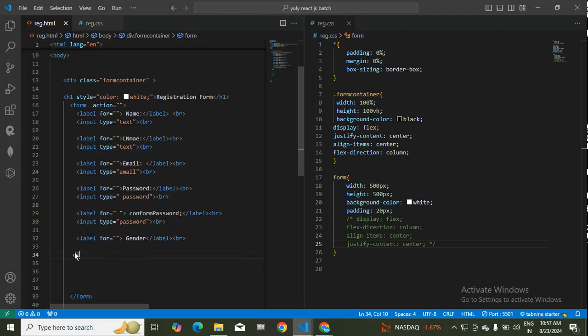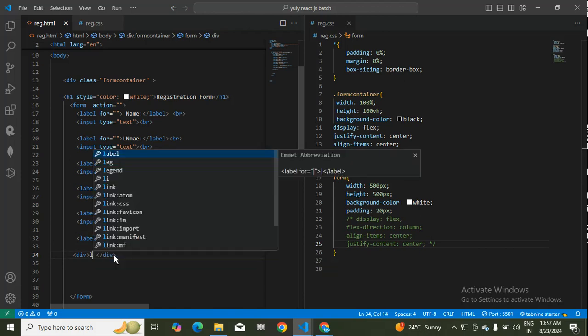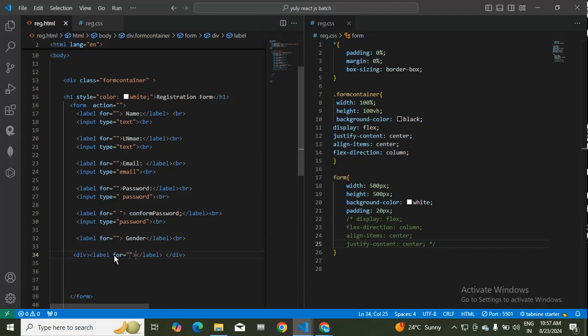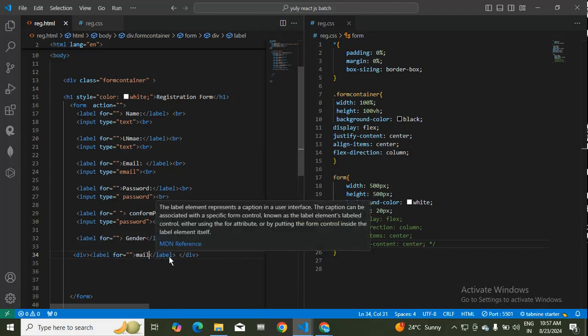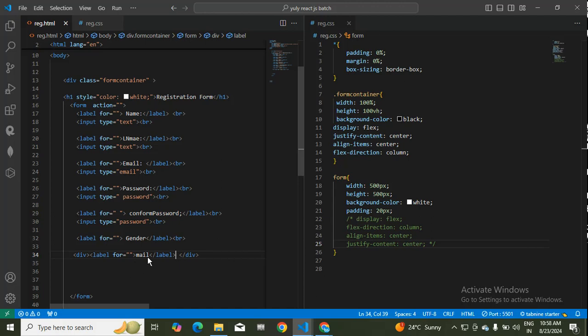I'll take one div, and inside this I'll make a label tag, and I'll make male and boy or